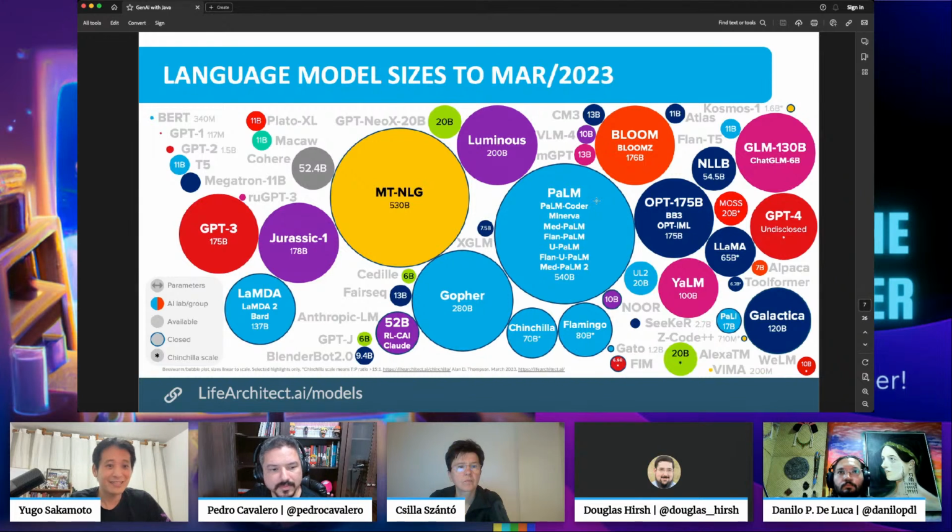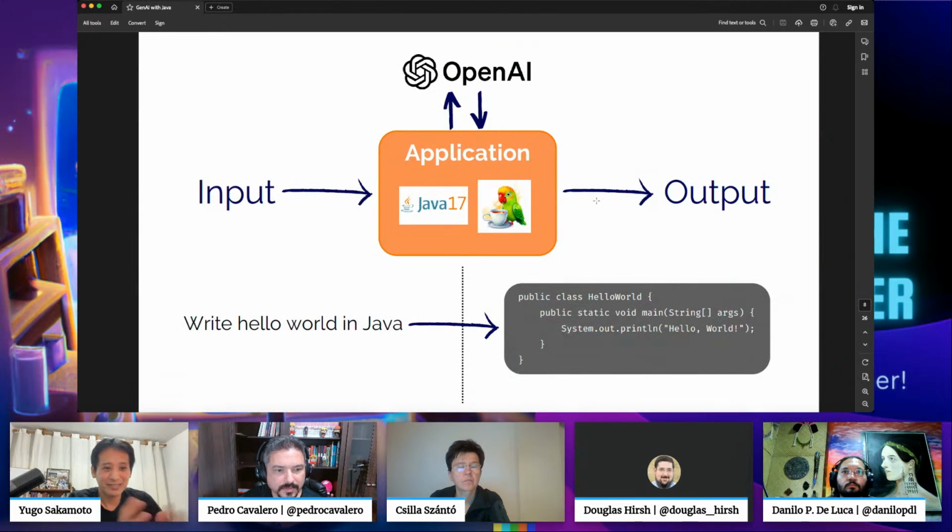And for our example, getting back to our hello world example, I'll be using OpenAI because I don't have a machine to run on my own computer, and it's easier to just rely on the service. As we're going to see, it is not so expensive to use for such examples.